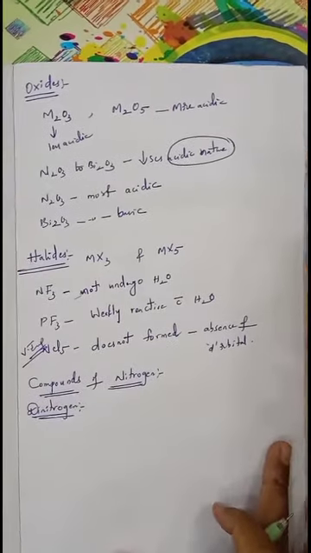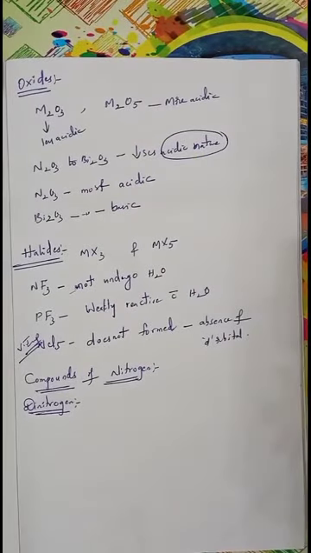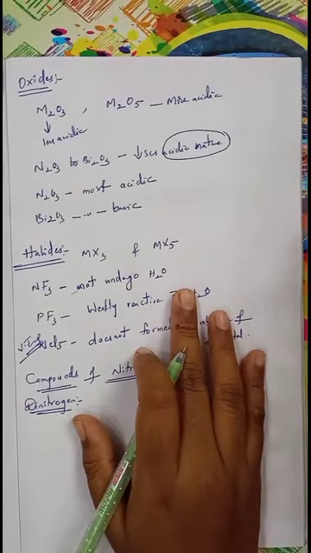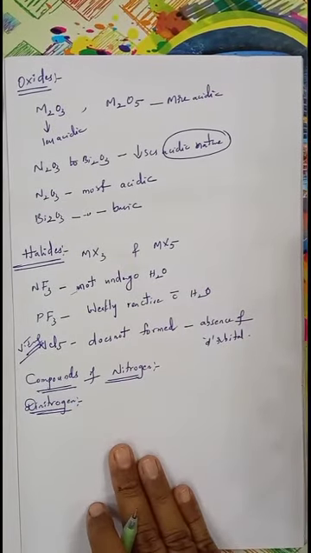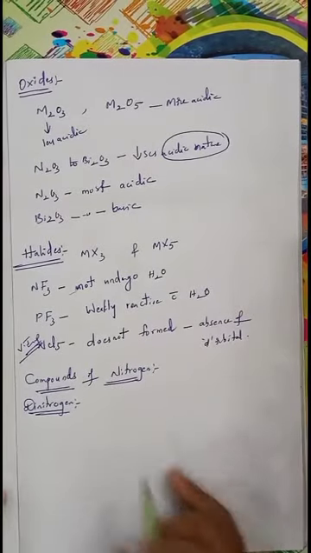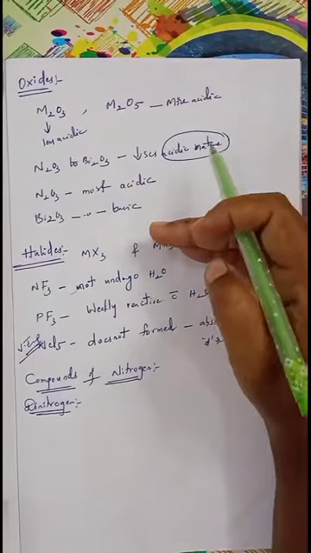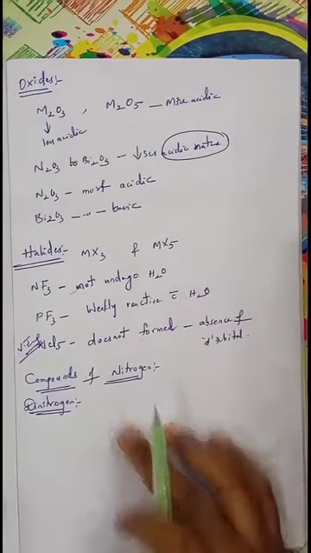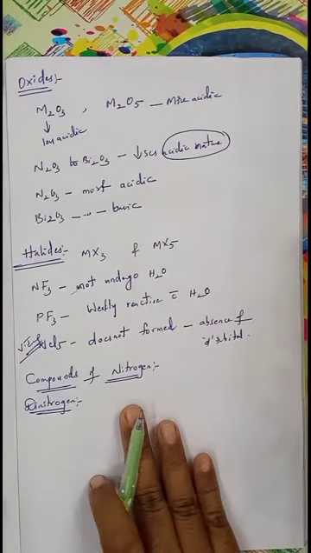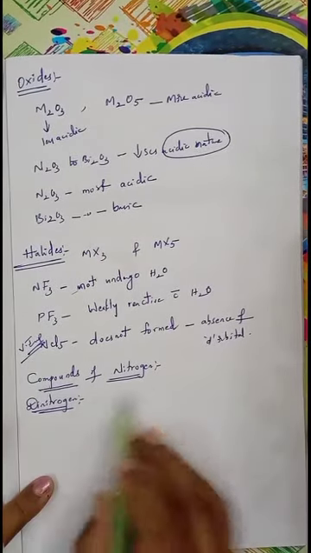So now we'll discuss compounds of nitrogen. Whatever we have studied till now is about the general properties and general reactions of the 15 group elements. Now we are entering into the important concept which you have already studied at PU level. All these general properties and chemical reactions are very important for competitive exams, and from this I will explain only important reactions related to the compounds of nitrogen and phosphorus. So first we will discuss compounds of nitrogen.